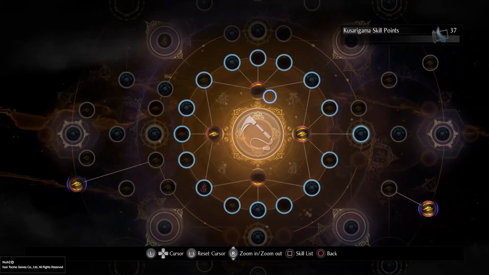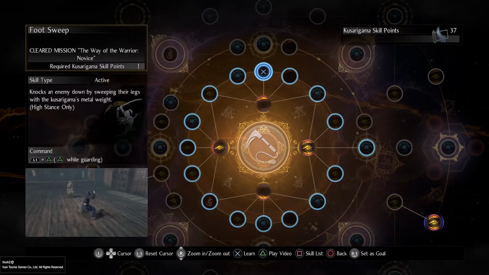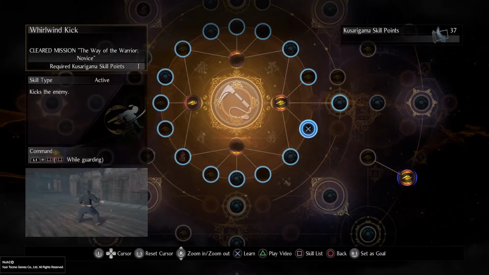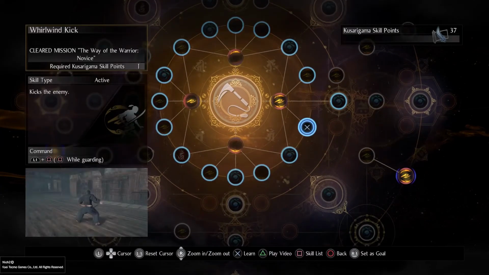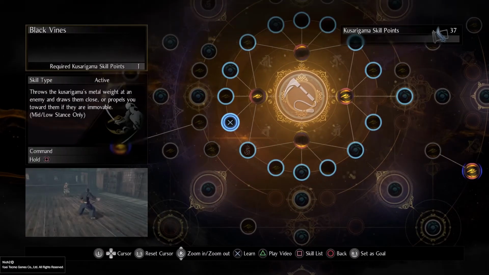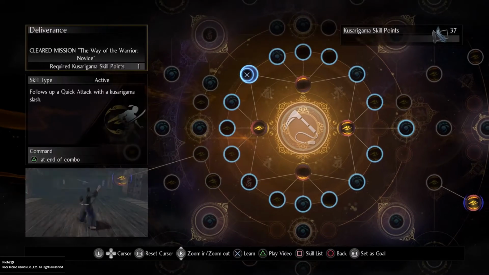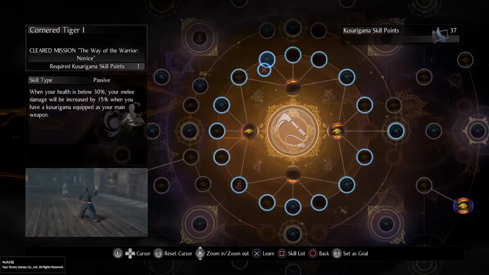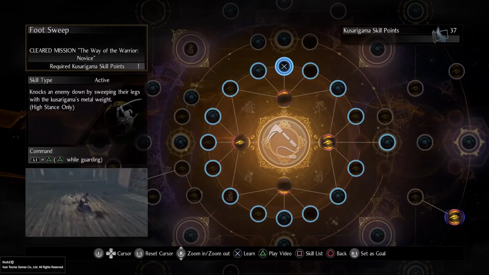All right, now, so we're gonna move on to the next ones. So here we have Foot Sweep. We have a Crimson Flurry. We have Summer Twilight, Whirlwind Kick, Chain Pull, Tango Strike, Black Vines, Masterful Guard, and then we have Deliverance right here. So out of all of those moves, if we take a look at them, Foot Sweep literally is this,